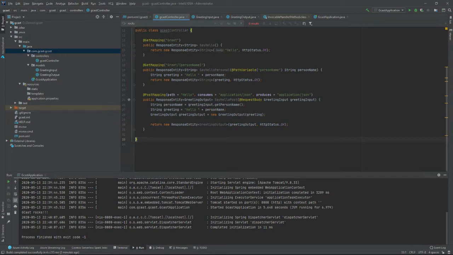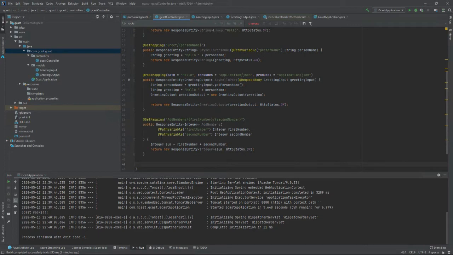Now, this is the same application I was working on before. It's a simple web service built with Spring Boot, and I'm going to add one more method to this controller. The method is called addNumbers, and it accepts two parameters, first number and second number, and all it does is add those two numbers together, and then it'll return that sum with an HTTP status code of 200 using this response entity. And because of these decorations here, this tells me what the mapping is,